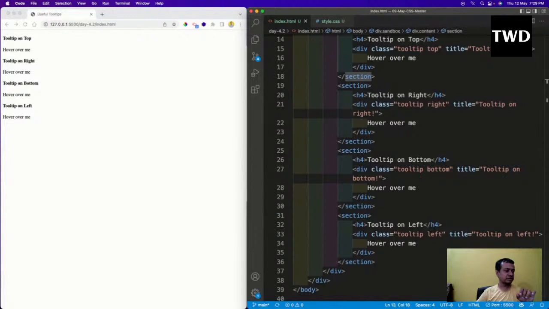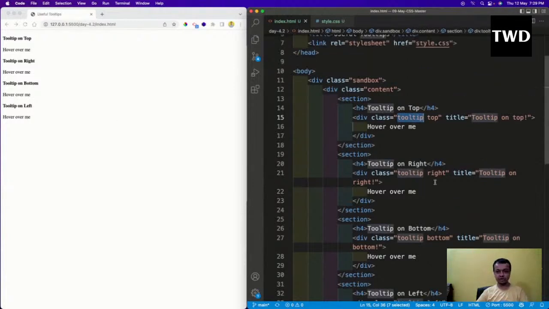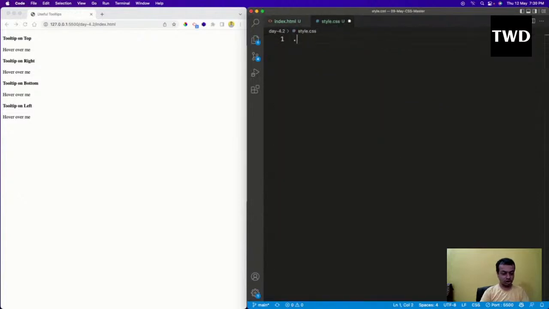Let us start with the CSS, and here the first thing is that we want to show 4 boxes. So where is our tooltip? Let us go ahead and write the style for the tooltip first. So dot tooltip is there, and the position is relative,